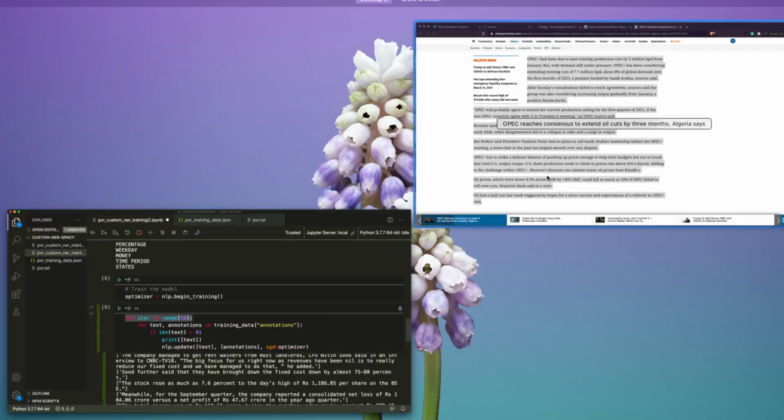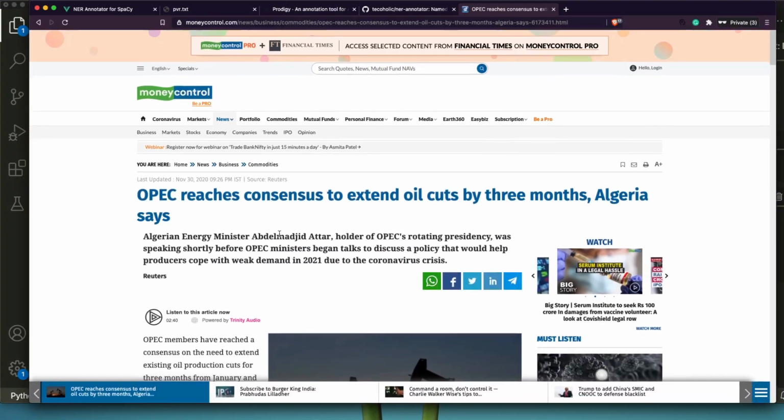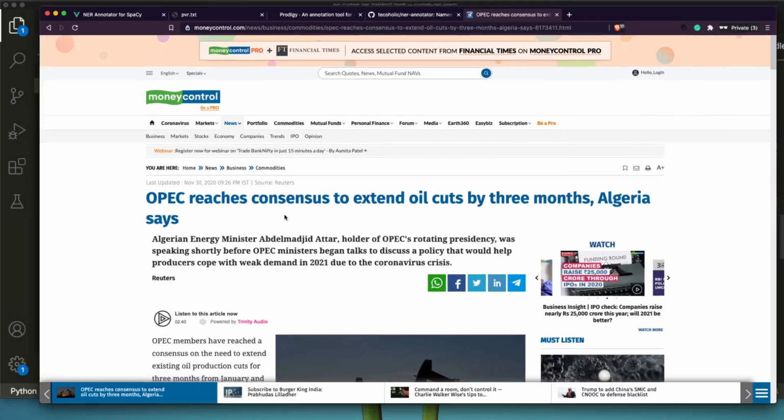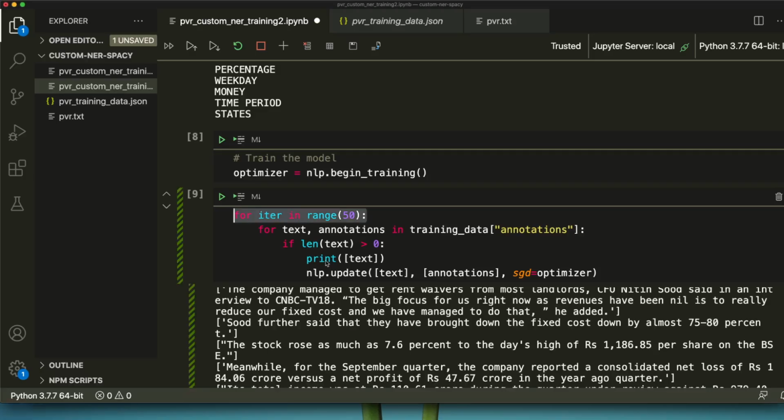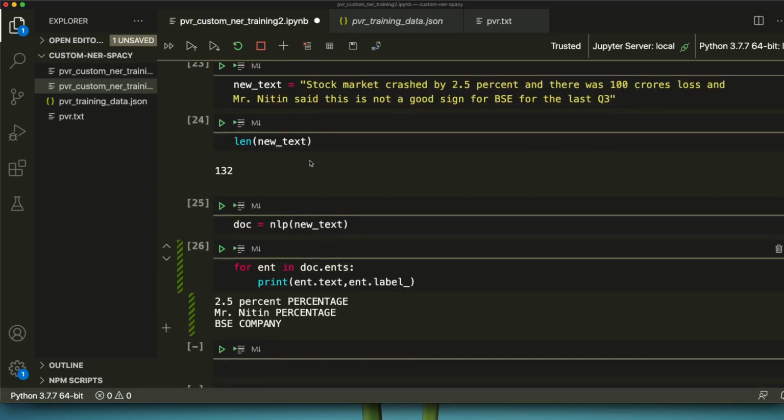So one last thing, if you want to try with some other data, I'll give you another sample. In this case, I'll give the text here itself, which says this company is listed in BSE, and there was a drop in stock by 100 percent.